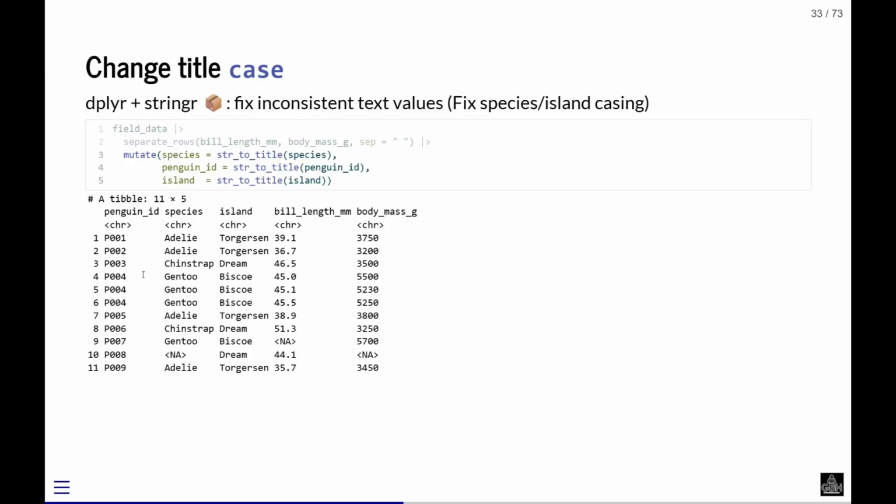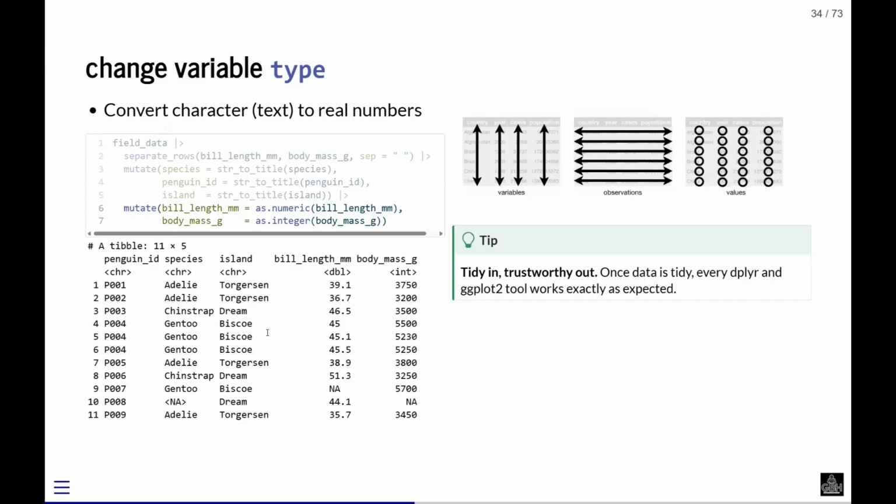So then we can say, okay, our data looks tidy now. But we still have a problem because it is not numeric. If we plot something or calculate a mean or average, this will not work because it is still character. So we need to change those character columns to numbers. How do we do that? We do another mutate. We absolutely use a pipe because we are not done yet. So we use a pipe at the end of the last command, and then we continue. We say the first one should be numeric because it is a decimal thing,